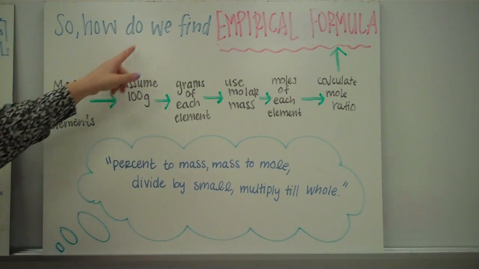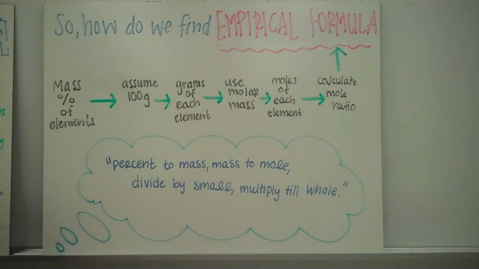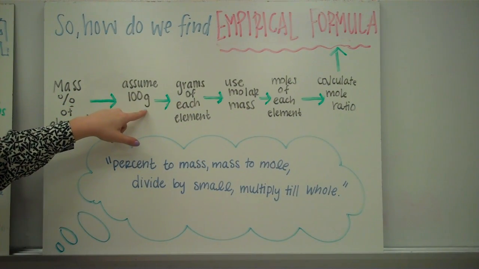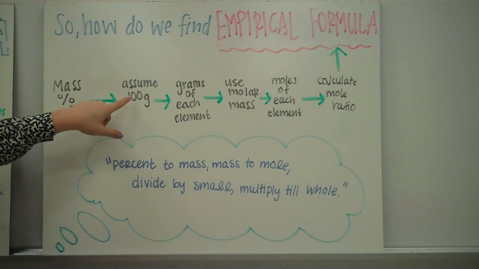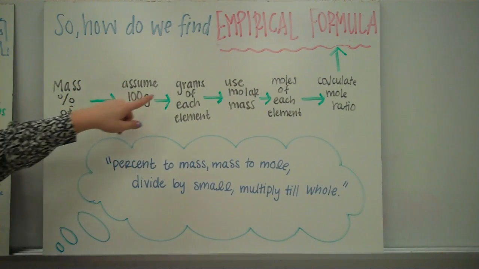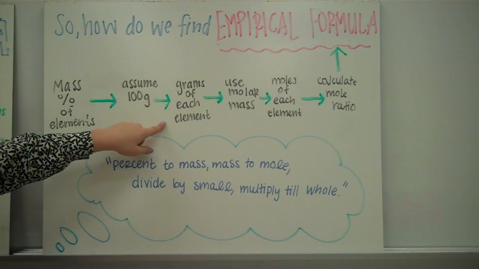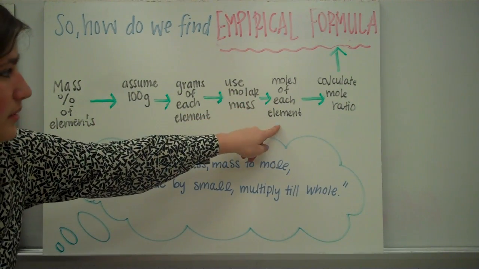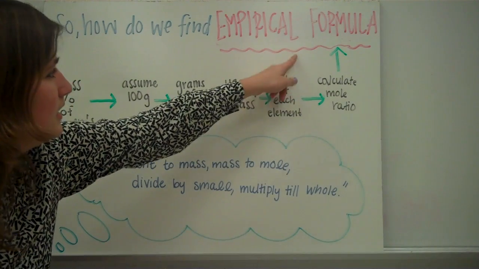So, how do we find empirical formula? Generally, when you work an empirical formula problem, you will be given the mass percentage of elements out of 100. So you can assume that you're using 100 grams of a sample. From that 100 grams, you take each percent and convert to grams of each element. Then you find molar mass, convert to moles of each element, calculate the mole ratio, and you end up with